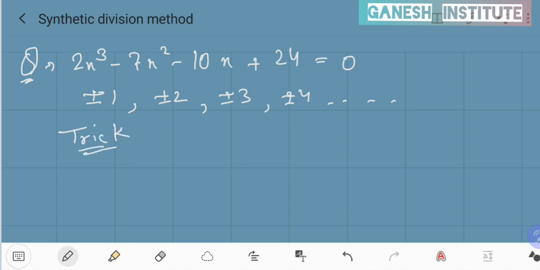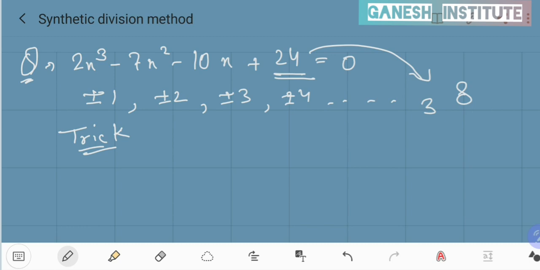The trick is that, first of all, we have to find the factors of the constant digit. The factors should be in such a manner so as they are prime with respect to each other. So we will write down here the factors should be 3 and 8. 8 3s are 24. Okay, I hope you got it.